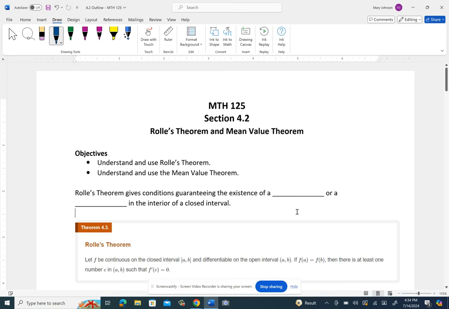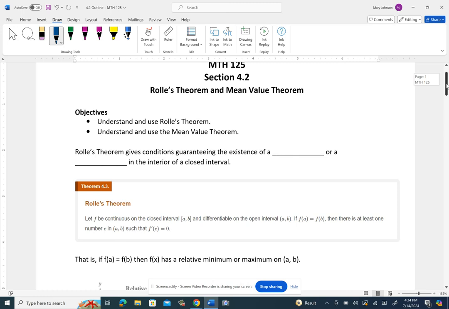In this video, I'm going to be looking at section 4.2. This deals with two theorems, Rolle's and the mean value theorem. All right, the first one we're going to look at is Rolle's theorem. Rolle's gives you the conditions guaranteeing the existence of a maximum